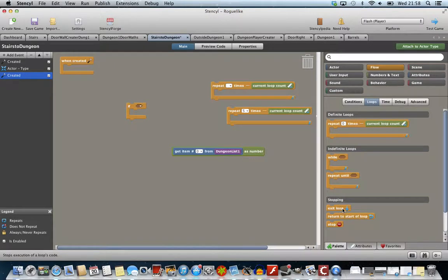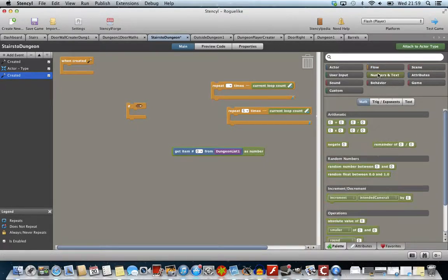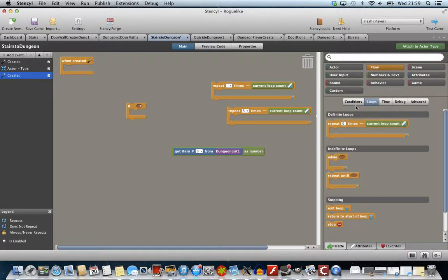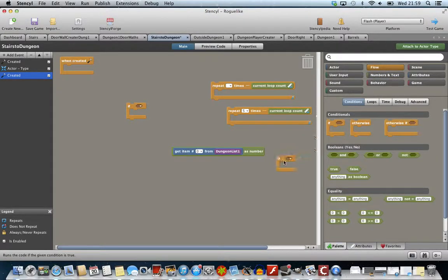It shouldn't do, because in other coding languages it wouldn't. But we'll give it a go and see. So repeat 5 times, and we want to say according to what loop it is and what room number it is. So probably start off with just dungeon list 1 and then do it for the first 5 rooms and see